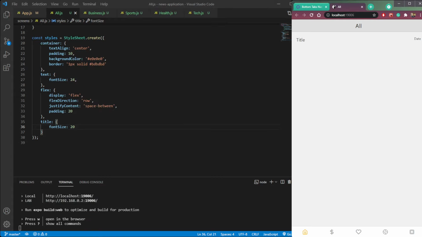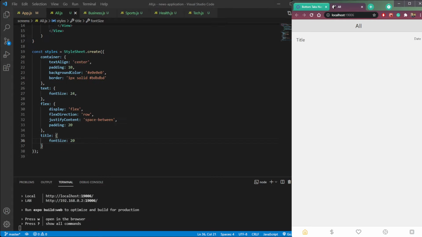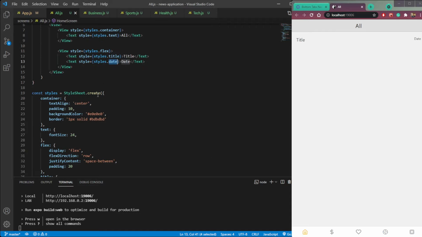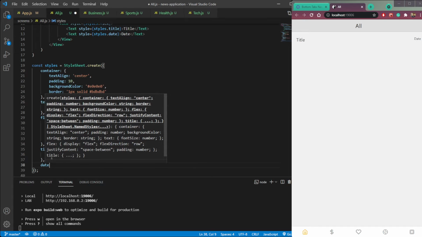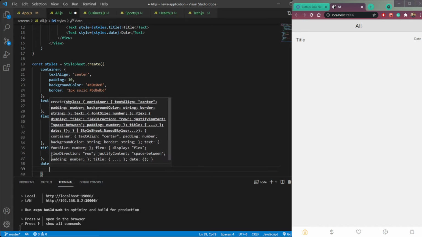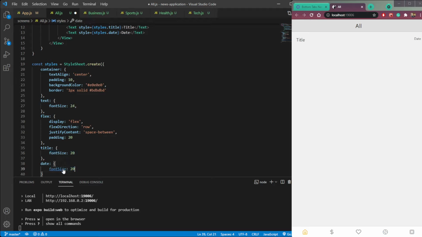Now we have title and date here, and we can do the same for date also. So let's make the date to be the font size of 20. Now we have title and date.